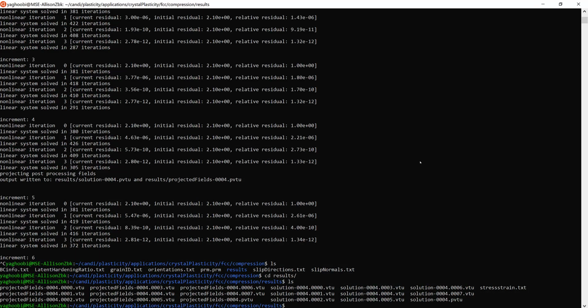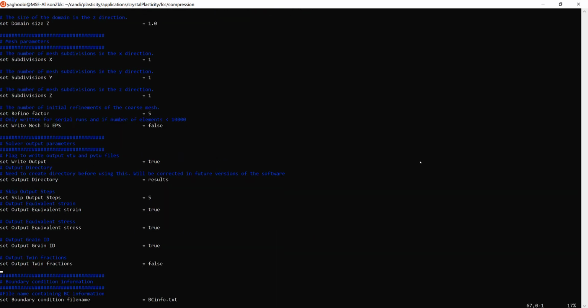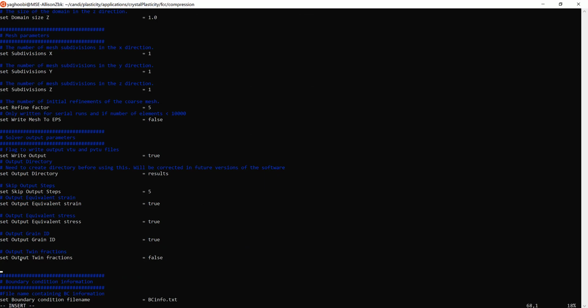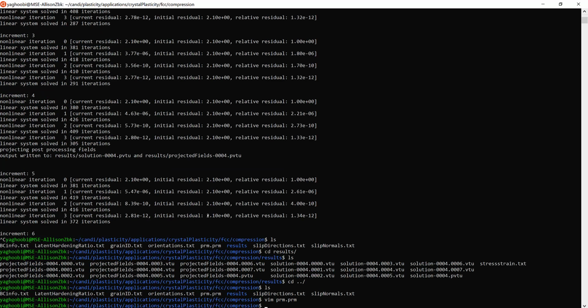So let's go back to the command line and go back to the FCC Compression folder. Now we open prm.prm. You need to add 2 lines to the input file. The first line is set write quadrature output true, and the next line is set skip quadrature output steps. Here you define the number of quadrature output steps to skip. We put 5 here, similar to the other type of outputs we just processed, and close the parameter input file, and then npm run n8 main